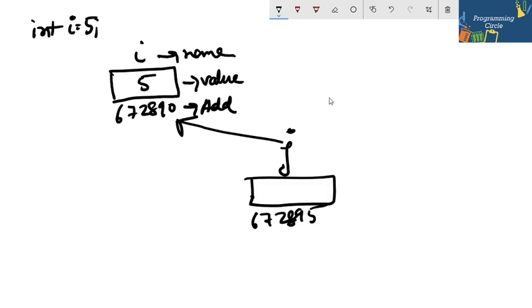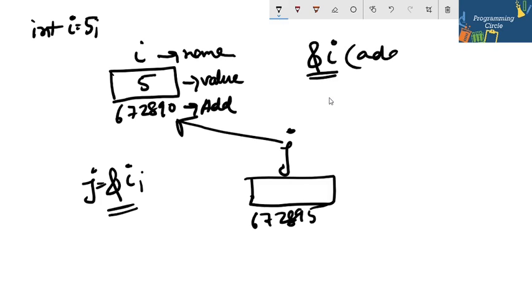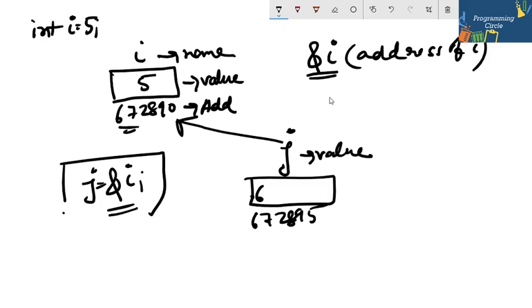Now what have you done? You have done j = &i. That means you have to remember this ampersand. Whenever &i appears, that actually means it is nothing but the address of i. So the address of i is this. So after this, j = &i, the value of j will be